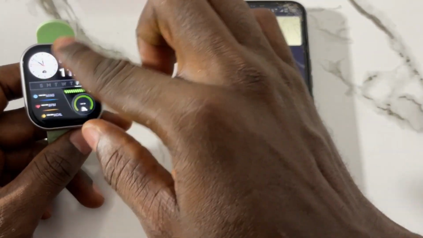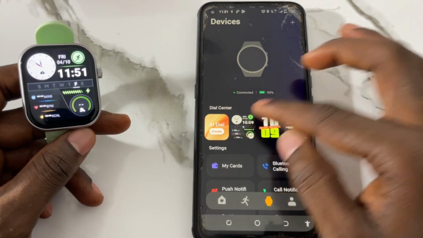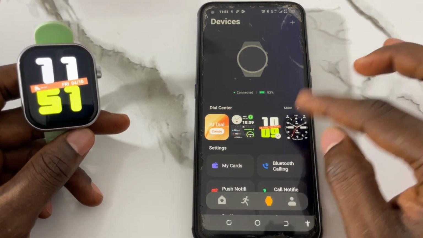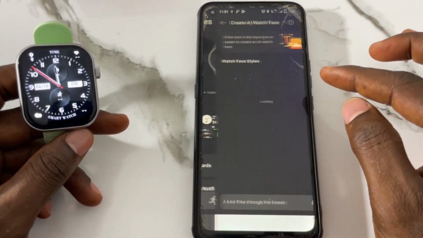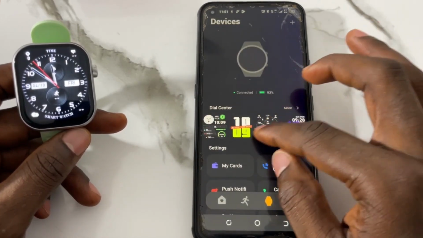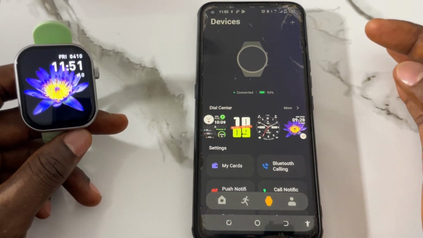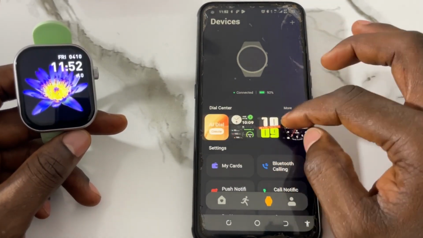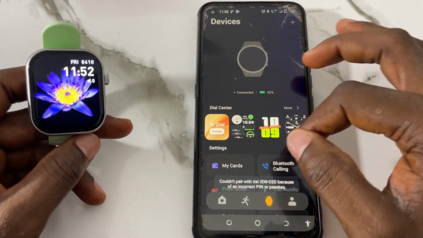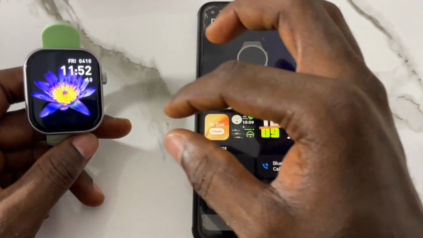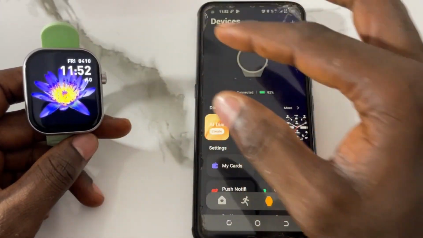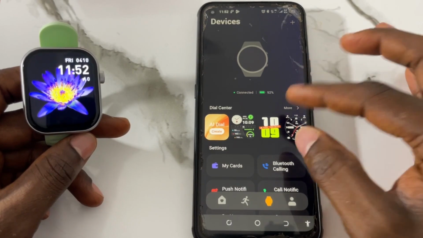Like for this very screensaver here, I can tap here to change it. I can select this one, and this one. Okay, sorry, and this one. I can keep changing them. Okay, now right now, how do you actually use your image or photo to set a screensaver or wallpaper on your watch? It's very simple. So from here,